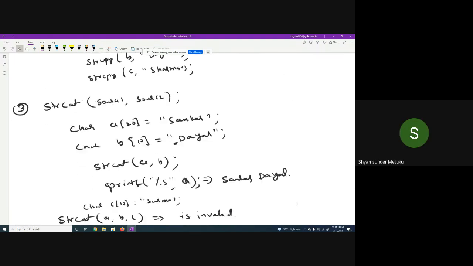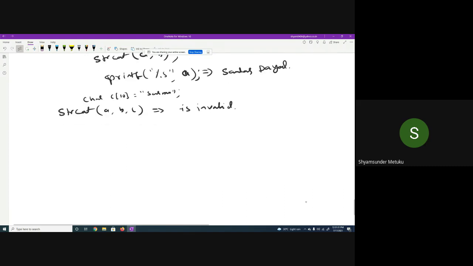Then the fourth one, string comparison. This is also very important and widely used in our day-to-day applications. The syntax is strcmp(source 1, source 2). The functionality of this is simply that it will compare two strings.